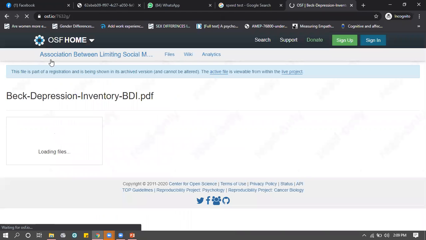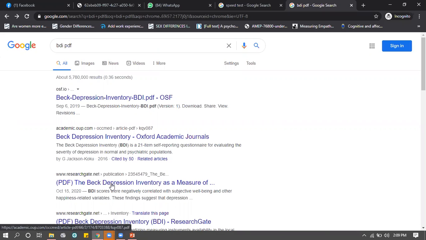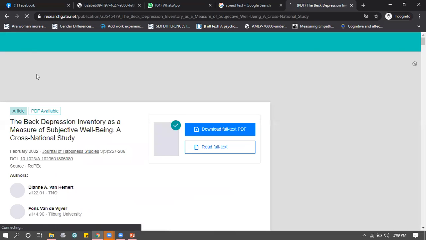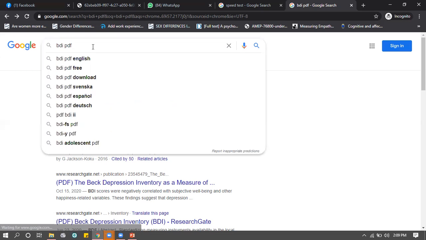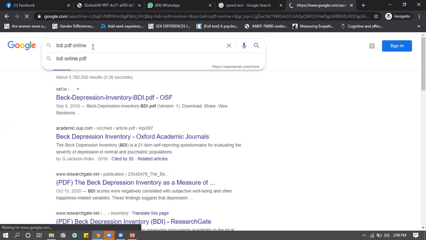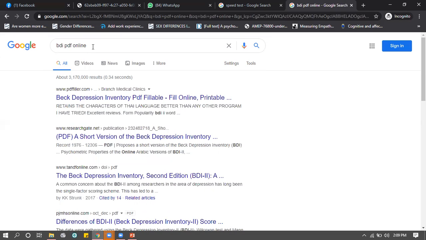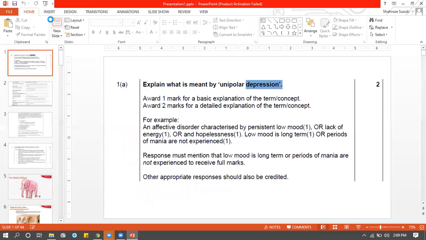How do you assess a media? How do you study questionnaires or tests from a CIE perspective? What they want you to know, what they want you to understand, and what you are supposed to write down when it comes to your exams. Basically, there are a few criteria that are the same for every single questionnaire that you will encounter in your syllabus from now on, whether it's depression, anxiety, or phobia. Every single questionnaire is going to have certain criteria that are the same for all.